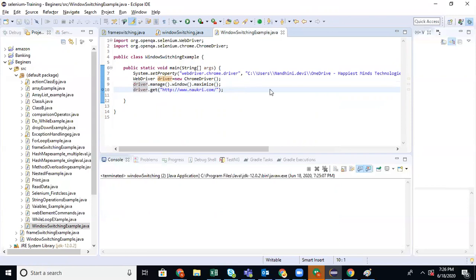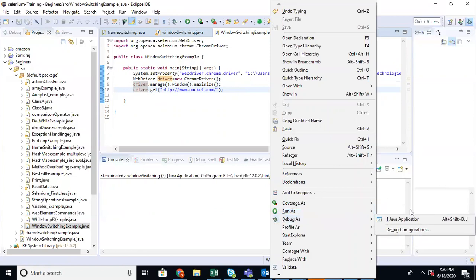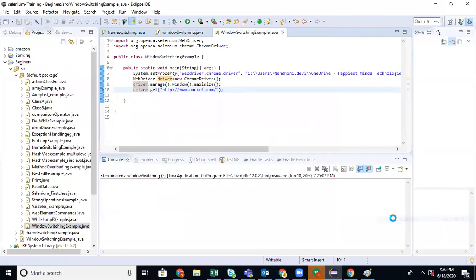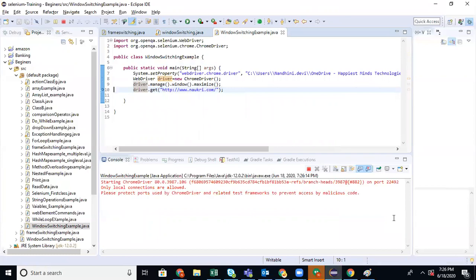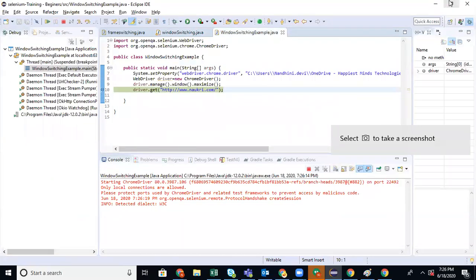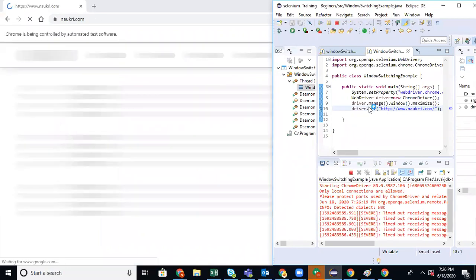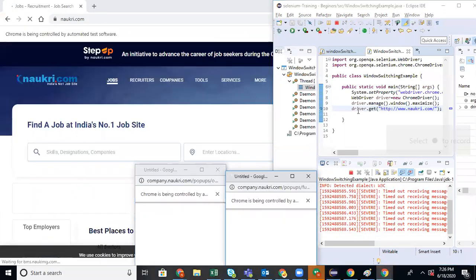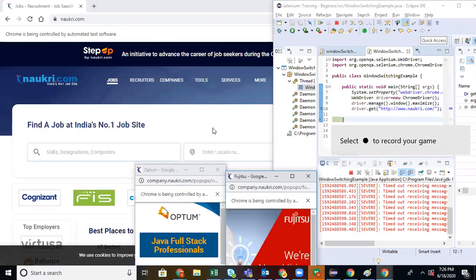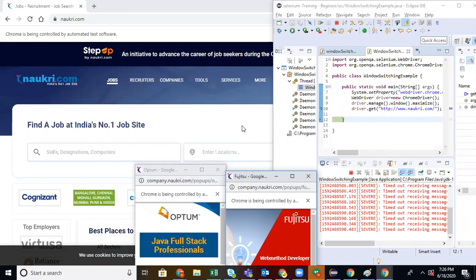Okay, I'm launching the URL, and I'm showing how the different windows appear in a session. So now I'm launching the URL naukri.com. Now see, when I launch, you will be able to see 3 windows open in the session. I want to close two of these windows and do some operations here.